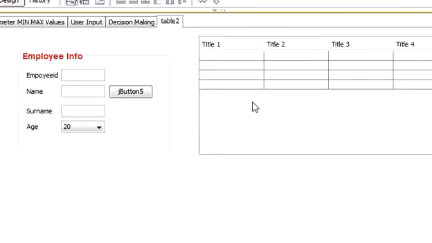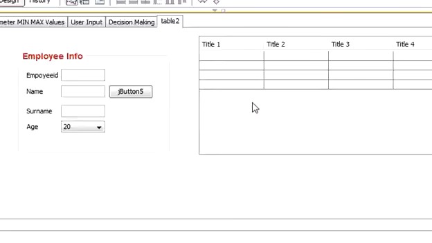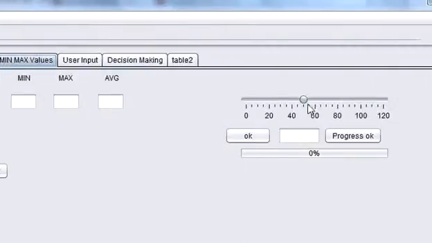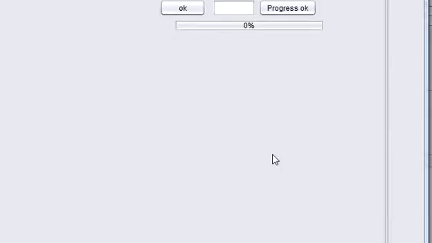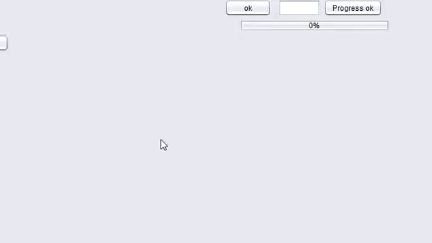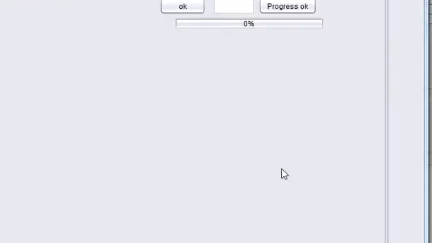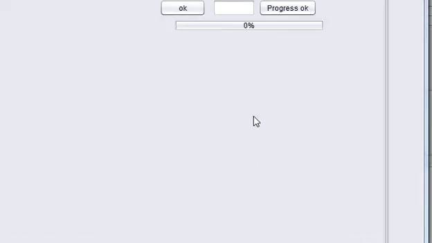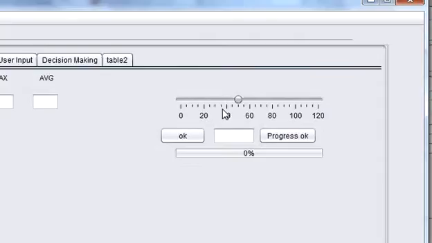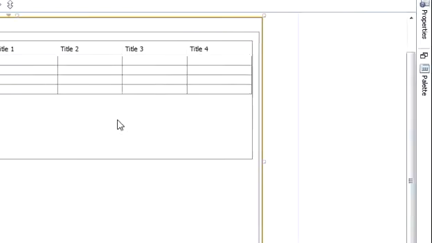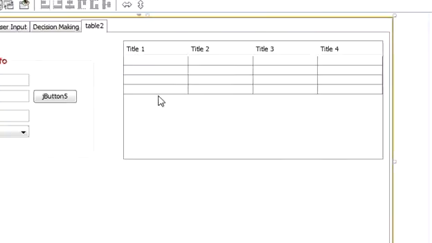So when I run my program, let's see what happens. My tabbed pane in this case, or my scroll pane in this case, is not visible because my tabbed pane is not bigger than the height of my window size. So in order to see the scroll bar in your scroll pane, you can just